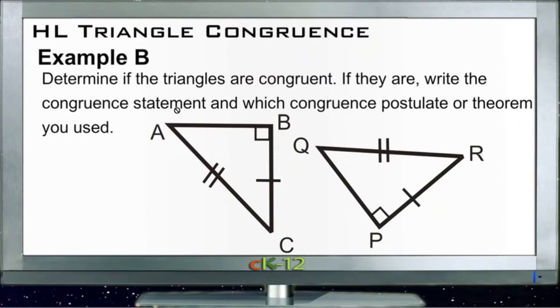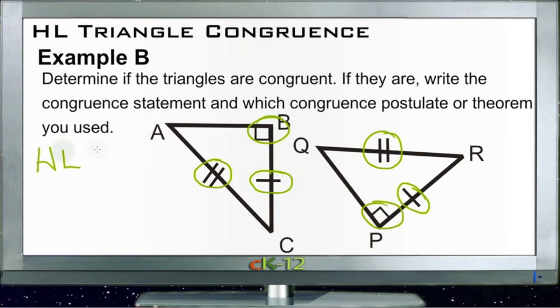Example B asks us to determine if the two triangles are congruent, and if they are, write the statement and which congruence postulate or theorem we use. So here we know that these are both right triangles, and we know that one of the legs is congruent, and we know that the hypotenuse is congruent. So yes, we can use the hypotenuse leg theorem. So HL theorem